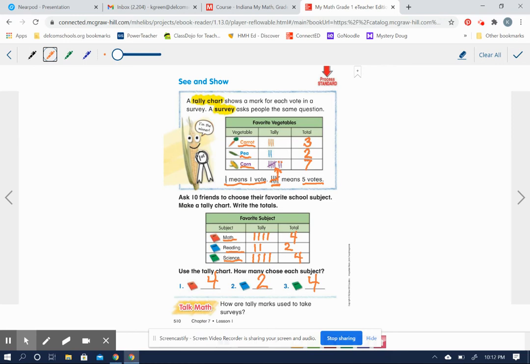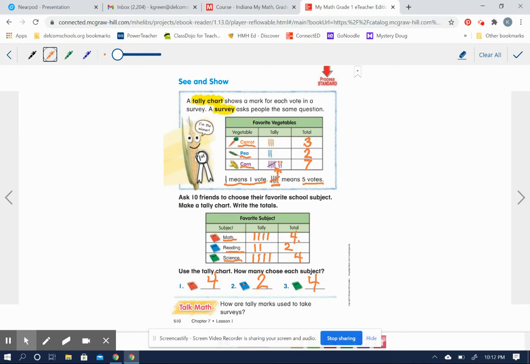Okay, then we can do some comparing and, like we could say, which subject was liked the most, math, reading, or science? Well, looking at this tally chart, there was a tie, wasn't there? Yeah, the same number of people liked math as liked science because 4 people liked math and 4 people liked science. Which subject was the least favorite? That means which one got the fewest number of votes, and that would be the blue book, which is the